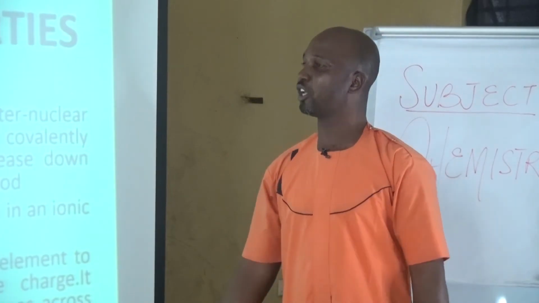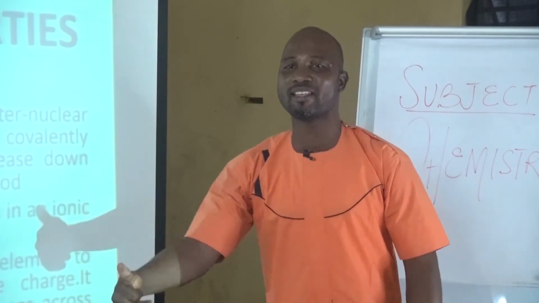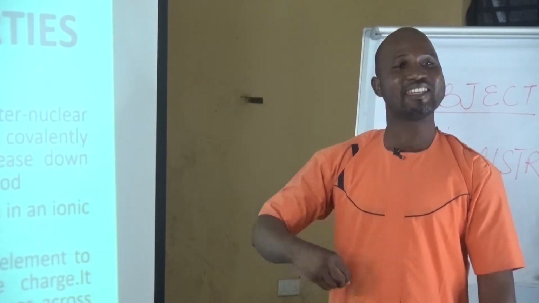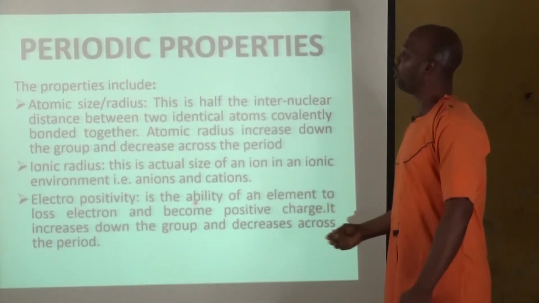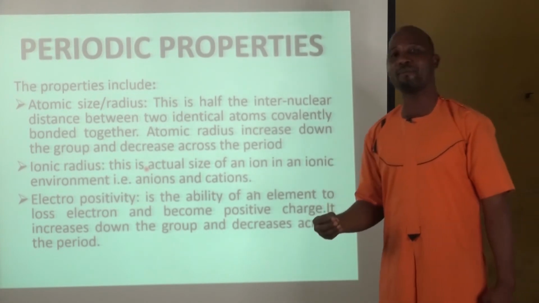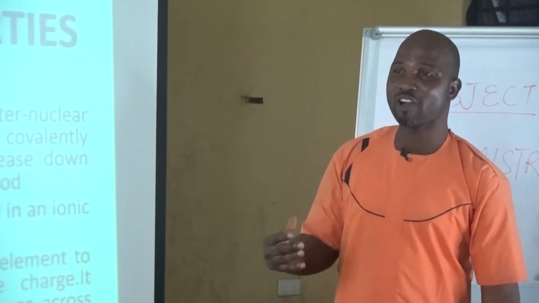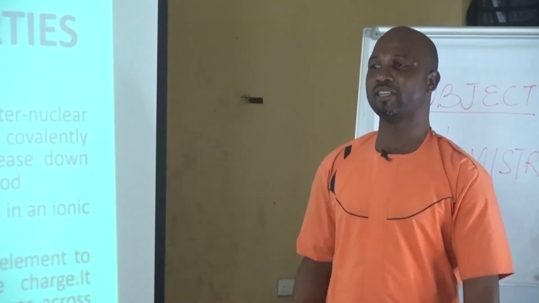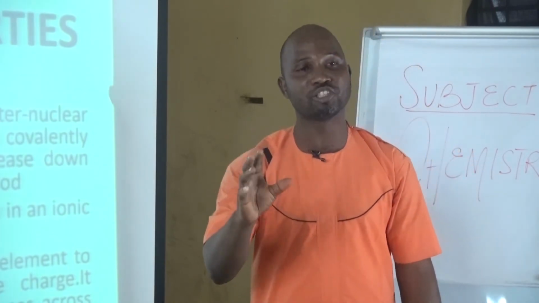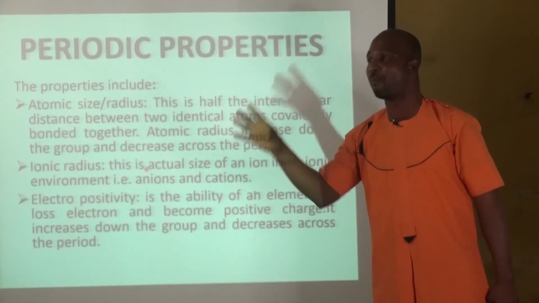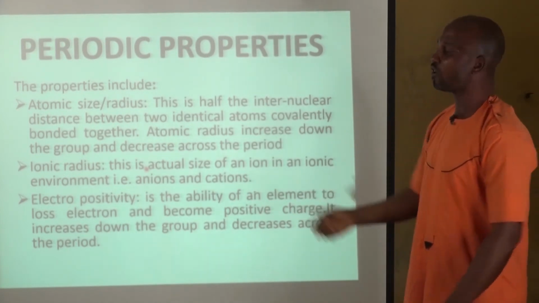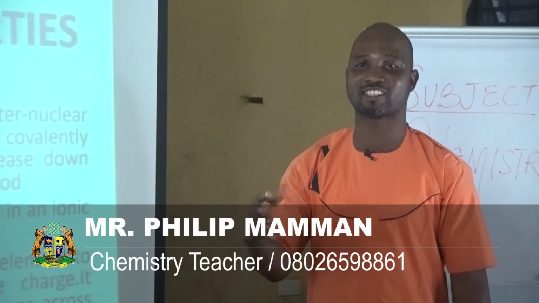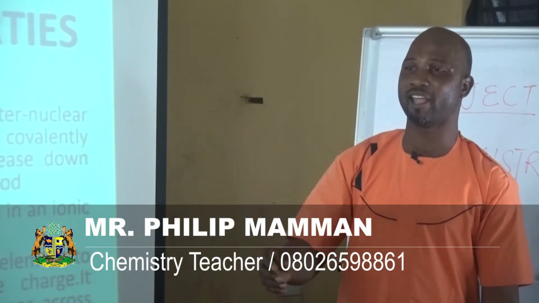Now, if we look at this classification further, we will see that the group 1 elements are called the alkali metals. The group 2 elements are called the alkaline earth metals. The group 3 elements are called the boron family. The group 4 elements are called the carbon family. The group 5 elements are called the nitrogen family. The group 6 elements are called the oxygen family. And the group 7 elements are called halogens. Another name for halogen is salt formers because they easily form salt. Of course, the group 8 elements are called inert gases, rare gases, or noble gases because of their stability due to octet or duplet configuration.